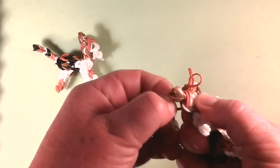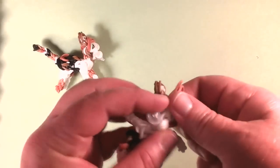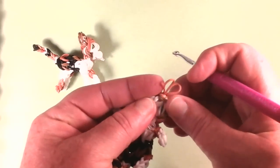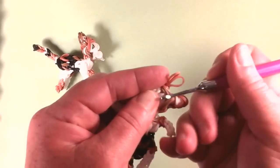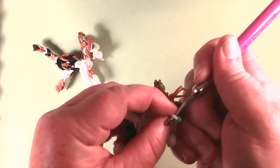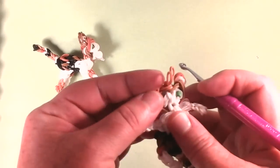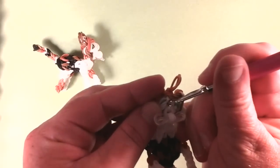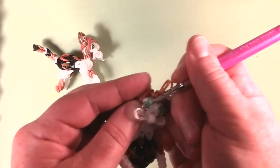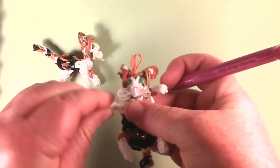I'm going to fix this caramel band. I'm going to take my hook, because my bead eyes are still hiding, put it behind the bead to bring that band out. So now he's out, and then I'm going to do the same on the left side. Just bring it out, and there's the eyes. So stretch out the body,